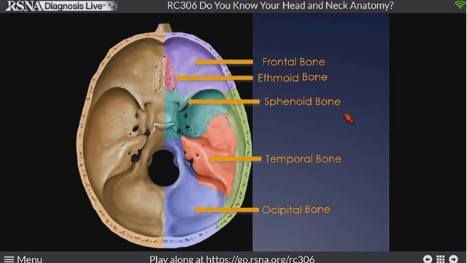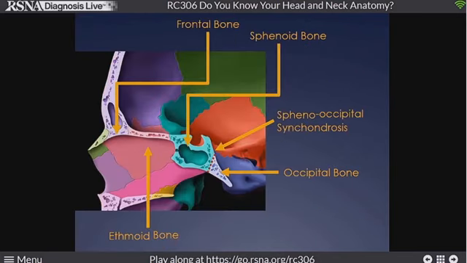Looking at the floor of the skull, the skull base, we realize that it's kind of segmented here, and this nice colorful graphic makes it very easy for you. But we're going to be looking most critically here at the frontal and ethmoid bones in the anterior fossa, the sphenoid and occipital bone posteriorly, and Dr. Wiggins has also already gone through the temporal bone with you in elegant detail.